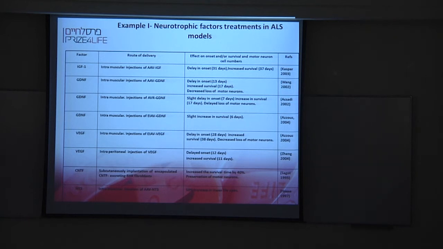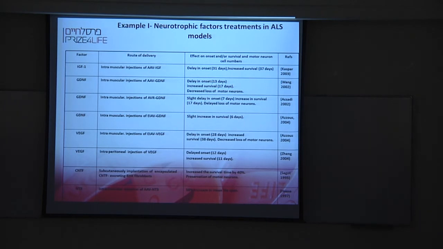Yeah. So let me suggest one. There's more than one. For example, let's take the best one, right? This one. So you see this delay in onset, but the increase in survival is 37 days. 37 days for mice is really a tremendous amount of time. But how does this number translate into humans? What if the number in humans would also be 37 days? Do they really need to get injected by growth factors chronically for these 37 days increase in survival? And we don't know how it scales up to humans. We don't have good models for how growth factors would scale up in humans.